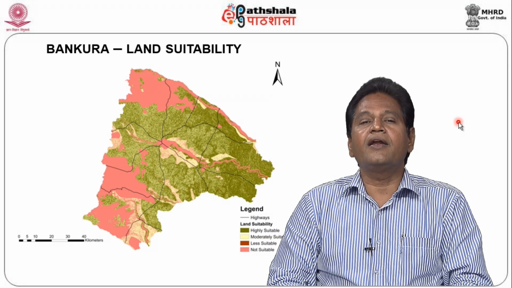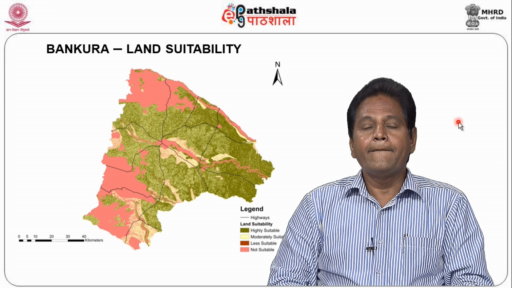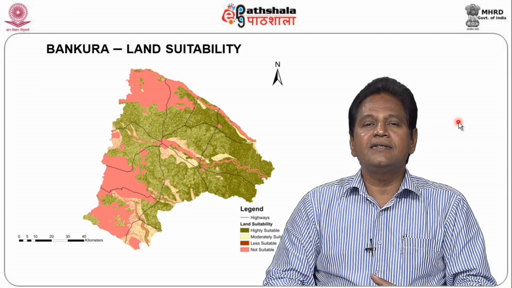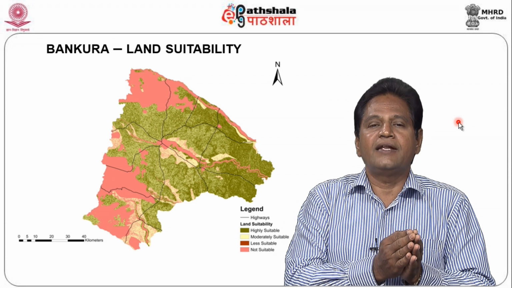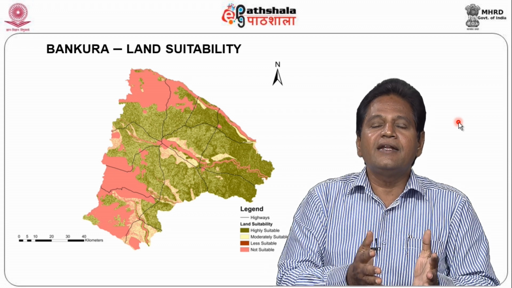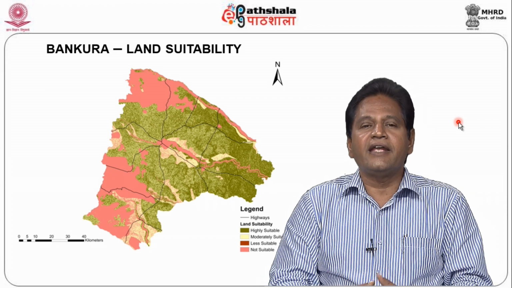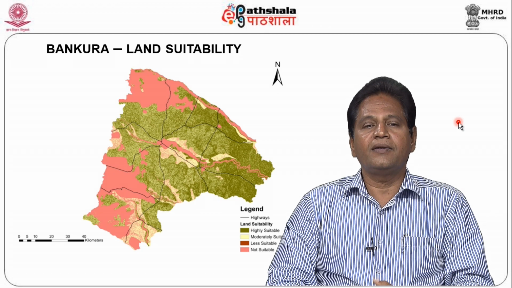So, you may have only 6 layers or 7 layers, but it is a kind of calculation you make. Of course, this also can be done in vector analysis, but it becomes much easier in raster analysis because this is dealing with numbers, and this is your land suitability. When you have the first 3 parameters, you create one layer, land suitability, and you say whether it is suitable or not. A criterion is applied and a decision is taken on how far it is suitable.